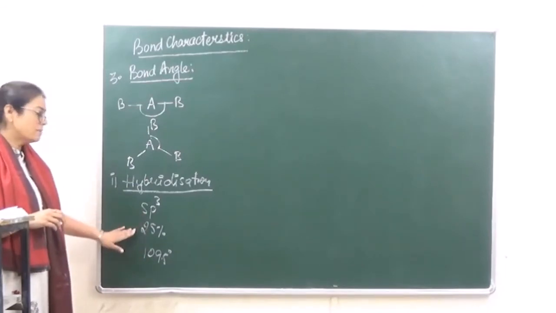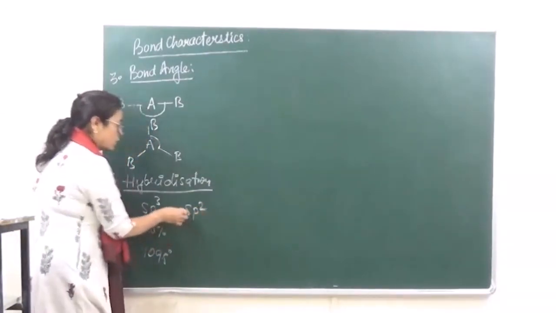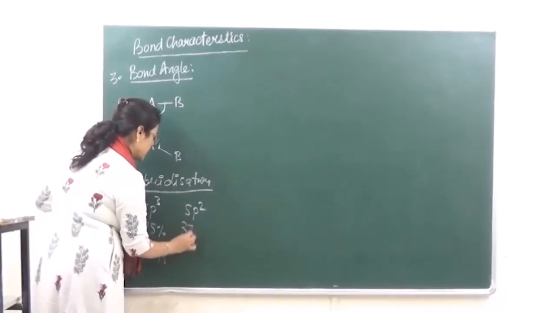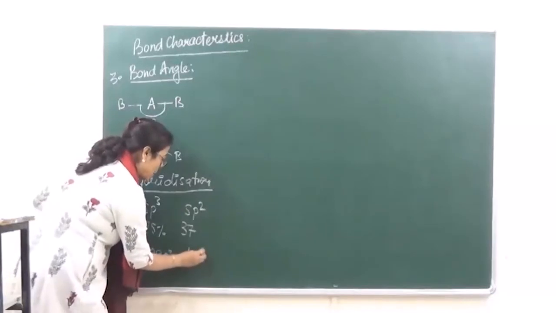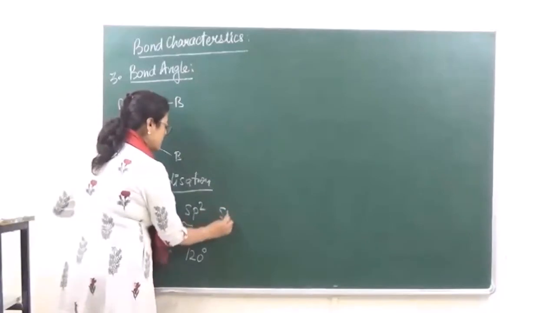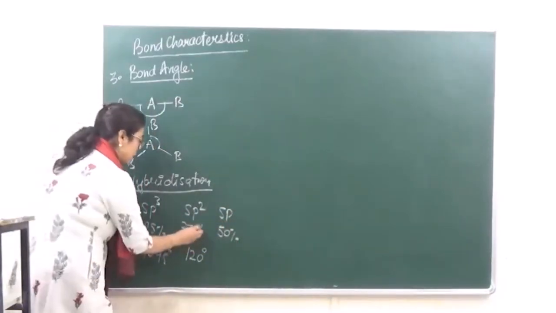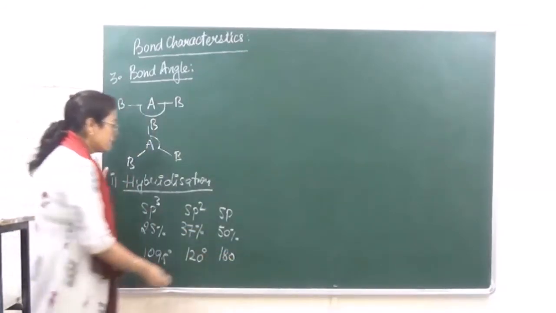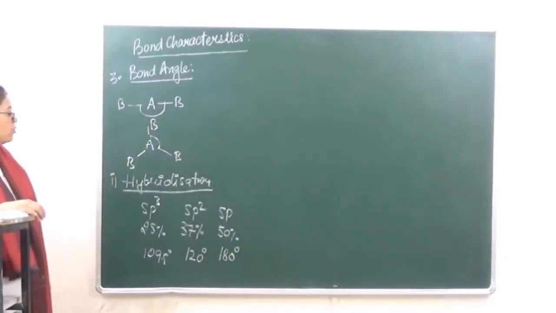Right? So in this case sp3 we have 25%, sp2, what is going to be the bond angle over here? 33%. ठीक है? In this case, the bond angle is 120, and then we have sp. S character is 50%, and the bond angle that is 180 degrees. So as the S character increases, the bond angle is also going to increase.